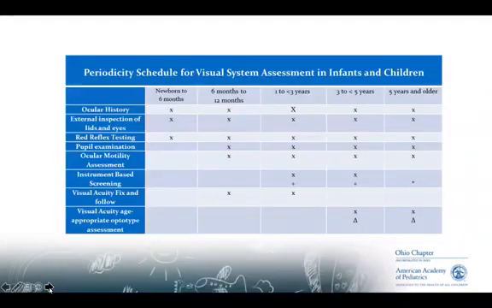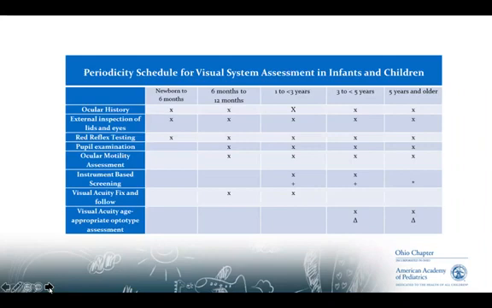When looking at just the things that, over the course of a child's early life, this graph looks at what things we should be asking about and examining and screenings that we should be performing from the newborn period up until 5 years. You can see that really during all of those times, we should be performing an ocular history, as well as external inspection of the lids and eyes, and red reflex testing.